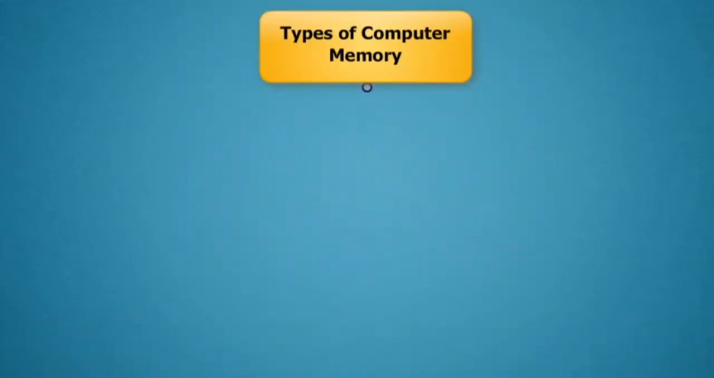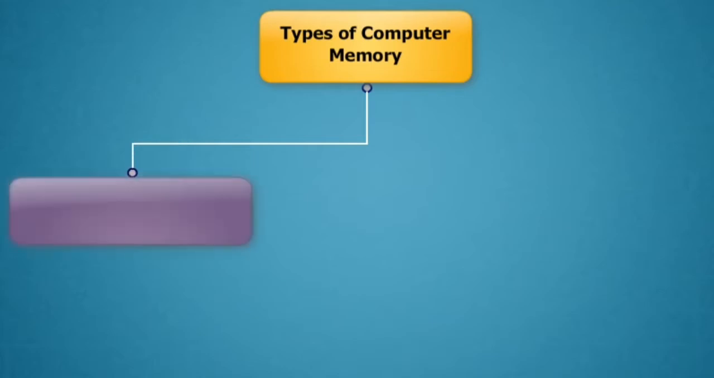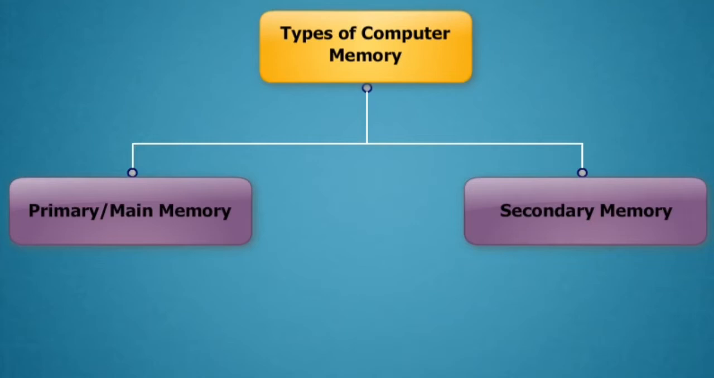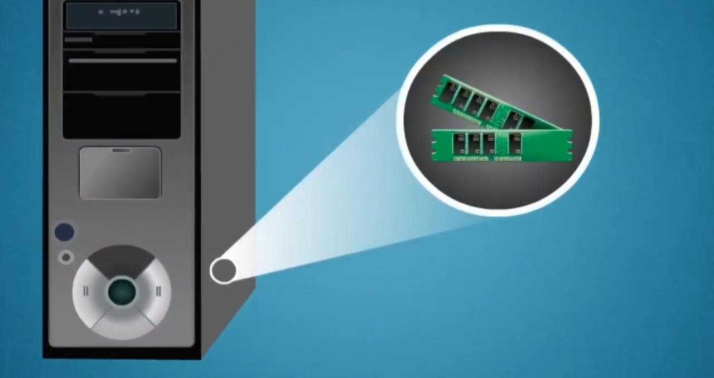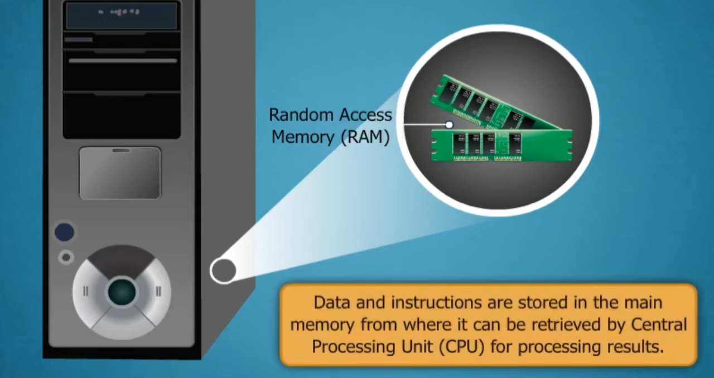Computer has two types of memory. These are primary or main memory and secondary memory. Let me explain computer memory in detail for you. The main memory is very fast and is also called random access memory or RAM. Data and instructions are stored in the main memory, from where it can be retrieved by the Central Processing Unit or